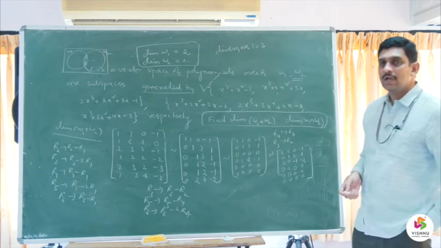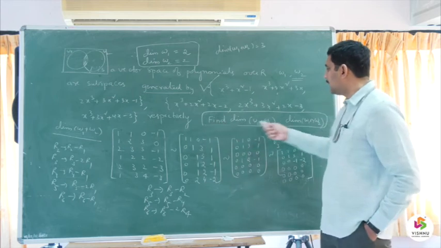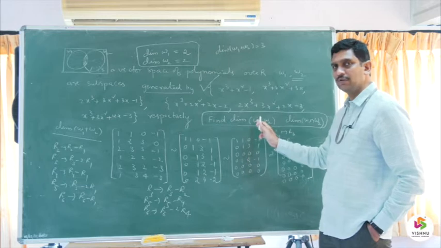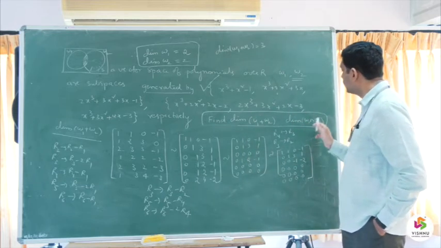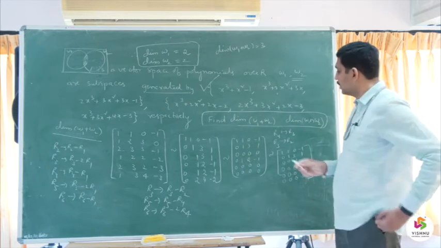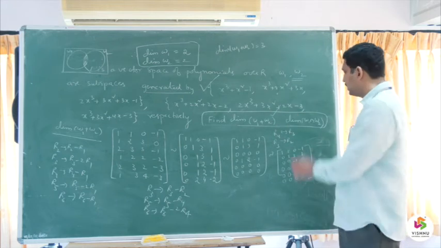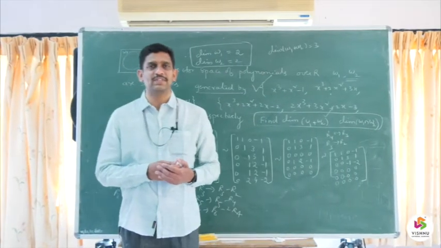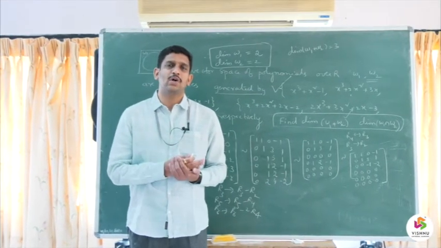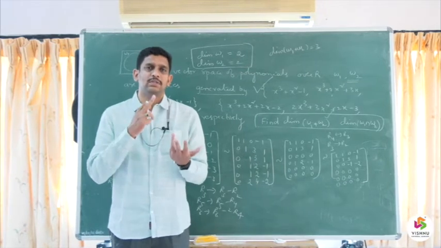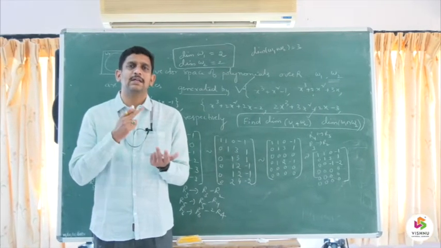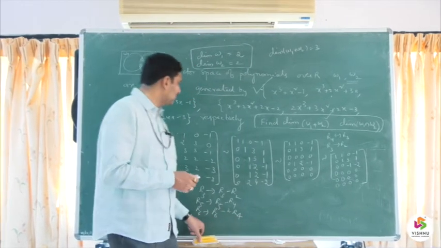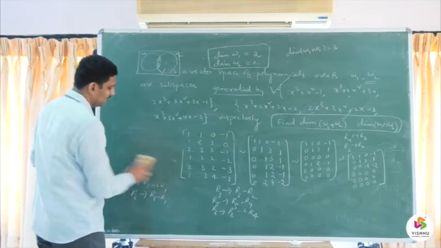So these 3 together will constitute a spanning set as well as the basis for W1 plus W2, hence its dimension is 3. Now as per the problem asked, we need to evaluate two things. One, dimension of W1 plus W2, and second, dimension of W1 intersection W2. So here this part is completed. We need to evaluate the second part. So for this we will use an important formula which was proved in the previous classes, that dimension of W1 plus W2 is equal to dimension W1 plus dimension W2 minus dimension of the intersection. So let us write that formula here and evaluate that.